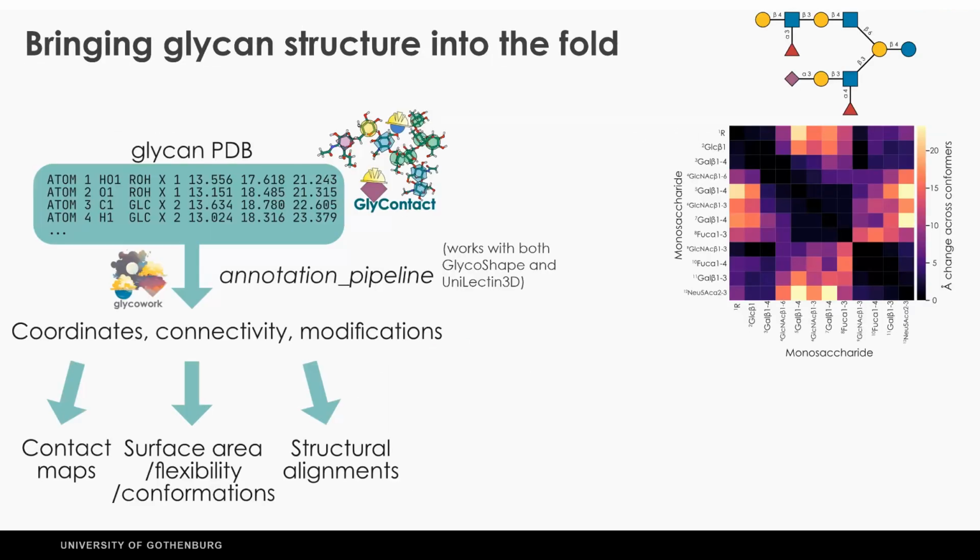So the idea is that the input here are PDB files pretty much. We started out with PDB files from GlycoShape, so to use these molecular dynamics simulated glycan structures, but the code itself works also for UniLectin3D structures or general PDB structures. As long as there is a glycan in your PDB file, the code will extract the glycan coordinates and then transform them into a format that we can work with to do all kinds of stuff,